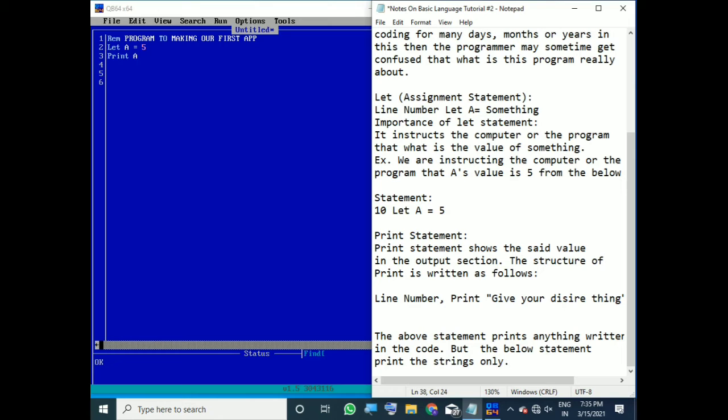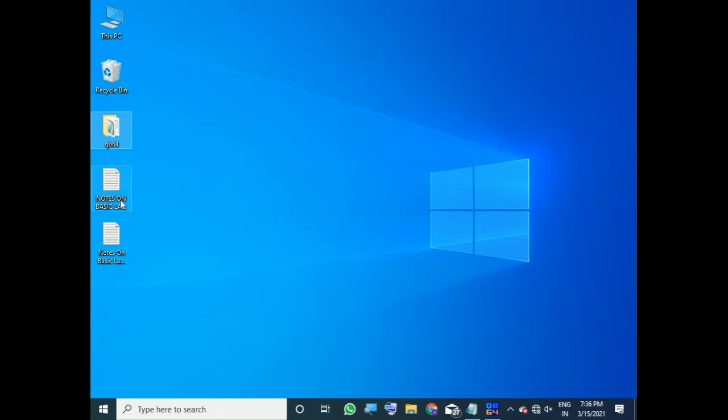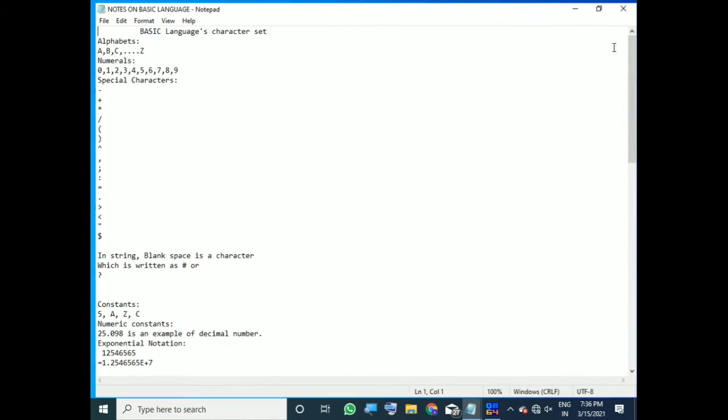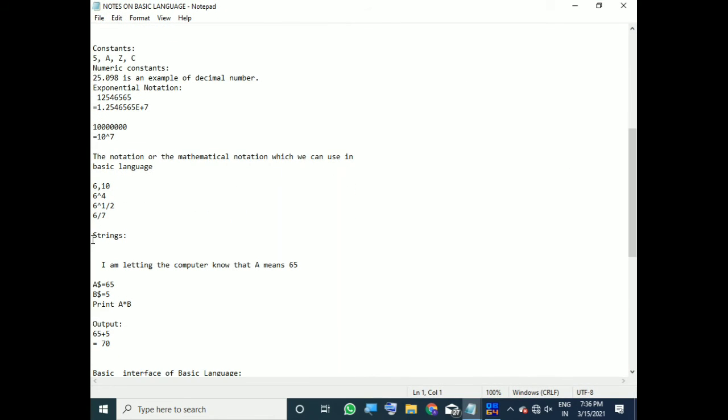What are the strings? As I have discussed in the previous class, let us open it. Here I am letting the computer know that A means 65, as a string. So what is a string? This thing is a string that is written normally.